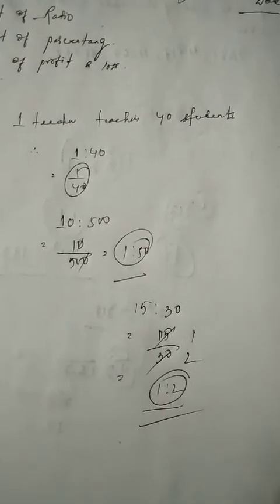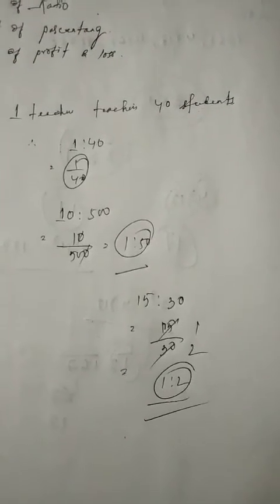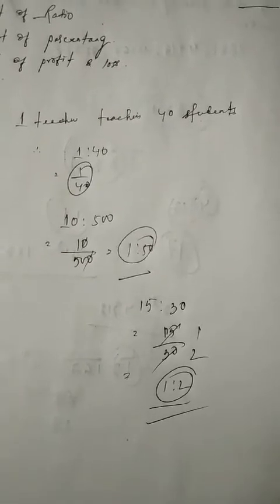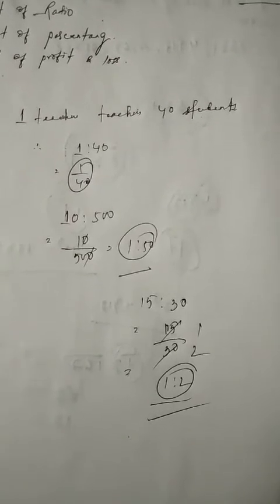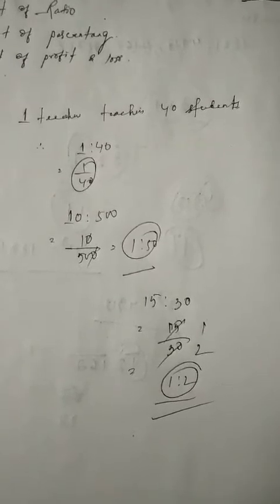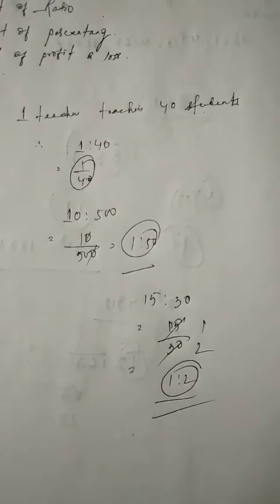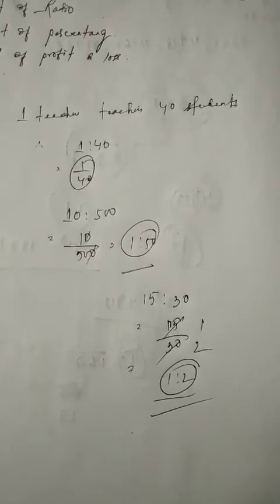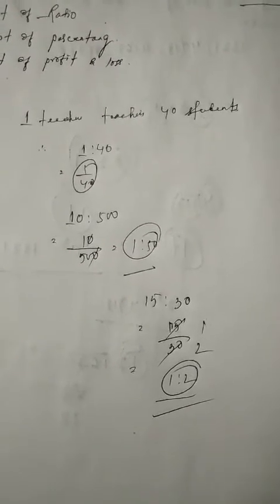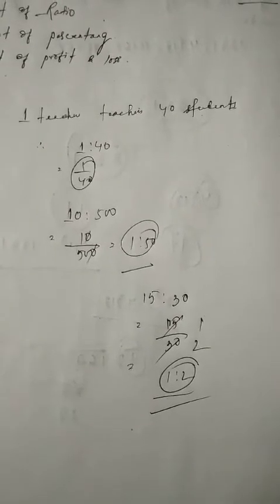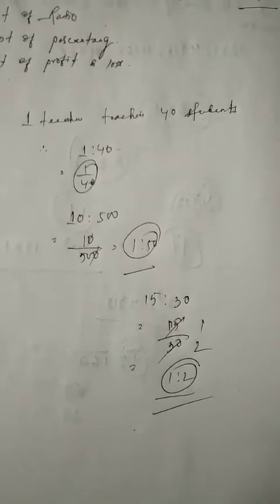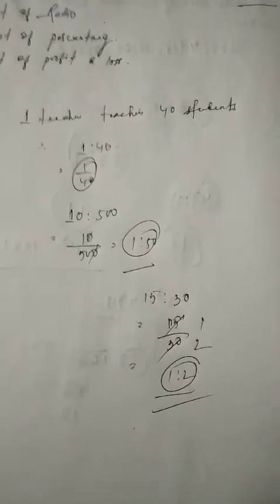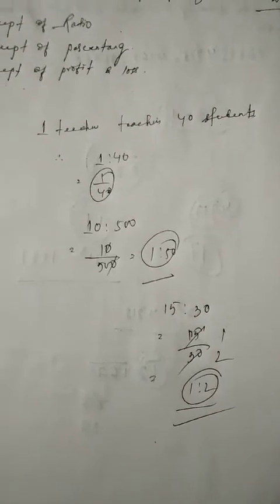One thing that we have to keep in our mind when we're talking about ratio: if the numbers are given with different units, make sure that units are similar. We have to bring down the numbers into the same units. Otherwise, the ratio's value would come out improper. So we have to convert the values to similar units first. If the units are in different forms, that needs to be kept in mind. This was the primary concept of ratio.